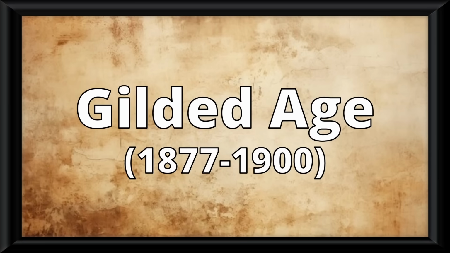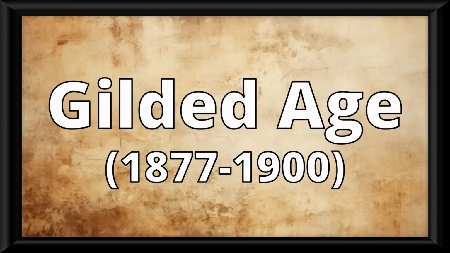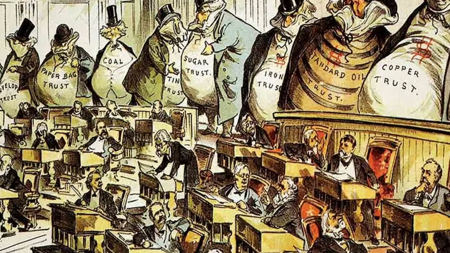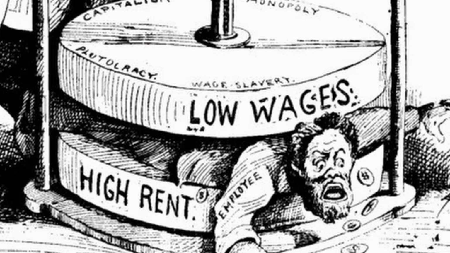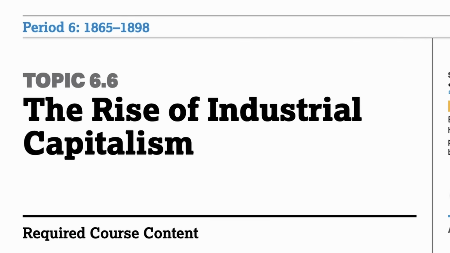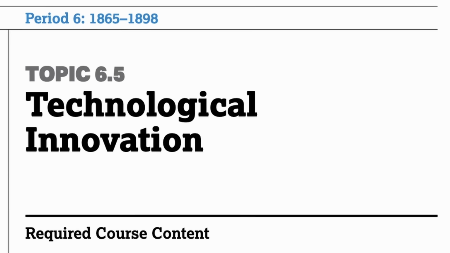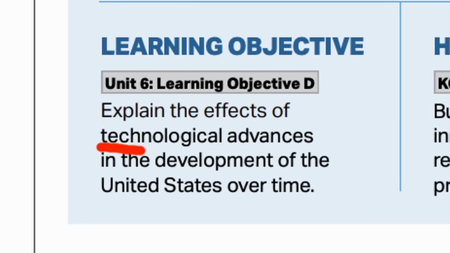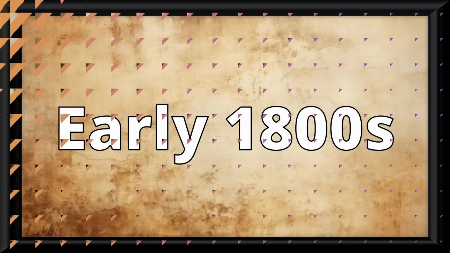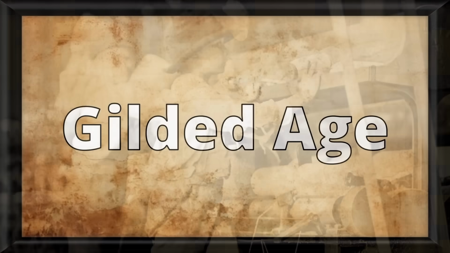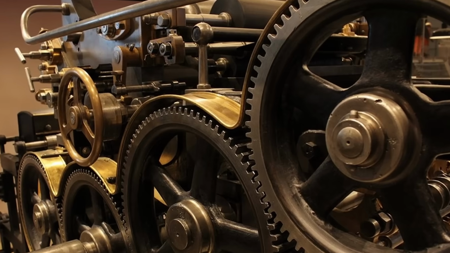So, the Gilded Age. When I see this era of American history, what I think of is governmental corruption, big business, and disgustingly rich people having power over the government. All that stuff we will get to in our next topic. But for this topic, what we need to talk about is the sheer amount of industrialization that happened during the Gilded Age. You might remember the market revolution. In the early 1800s, you had people making machines. During the Gilded Age, you now have machines making machines.